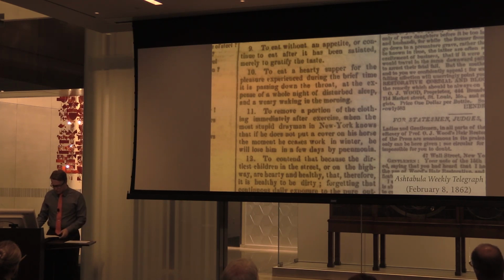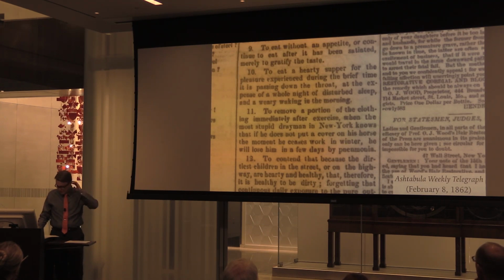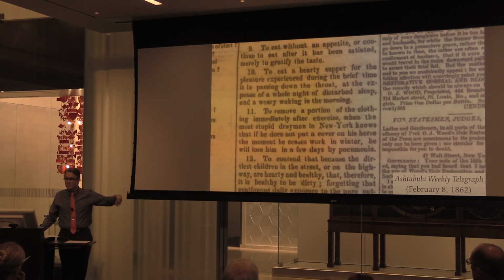The original list was reduced from 14 numbered to 7 unnumbered items, while words and phrases from the items themselves were altered. The article's title, which you're supposed to read as the leading clause of each item in the list, had become the more direct and blunt, "You make a mistake," i.e., you make a mistake in eating without any appetite or continuing to eat after it has been satisfied, merely to gratify the taste.